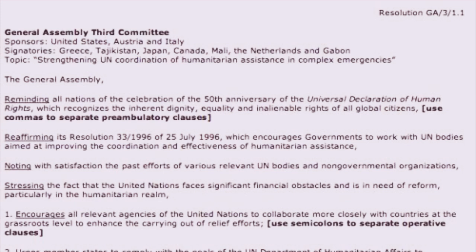here the committee name is given: General Assembly Third Committee. So what exactly is this General Assembly Third Committee? General Assembly has 6 committees which focus on different types of areas, just because there are so many vital areas to focus on. So this is the third committee of General Assembly. On the left hand side is General Assembly Third Committee, and on the right hand side there is something written as Resolution